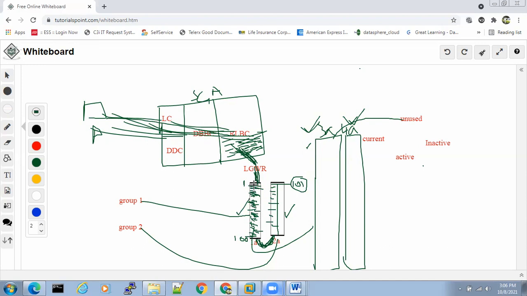Log writer is writing into redo1a.log. What is the status of redo1a? Current. Very good. Correct. Redo1a.log started writing from the first transaction. Now it is at the 75th transaction. What is the status of redo1a.log? Current. Now it is at the 76th transaction. What is the status of redo1a.log? Current.